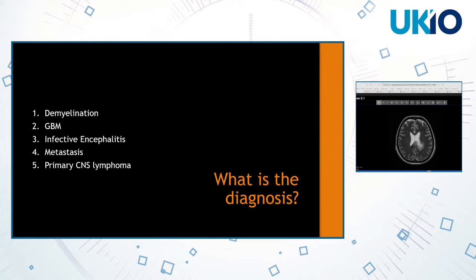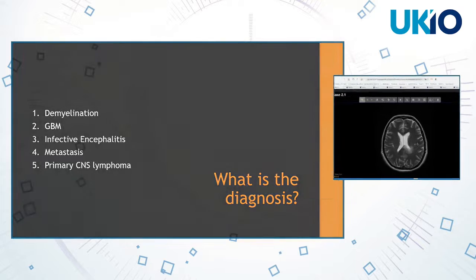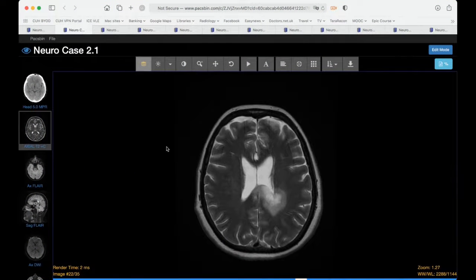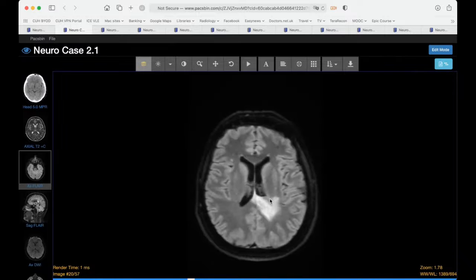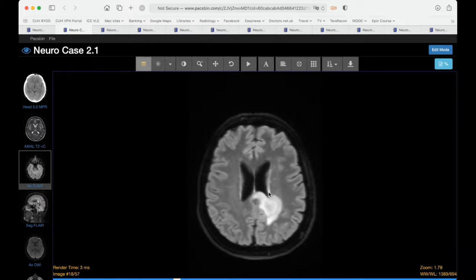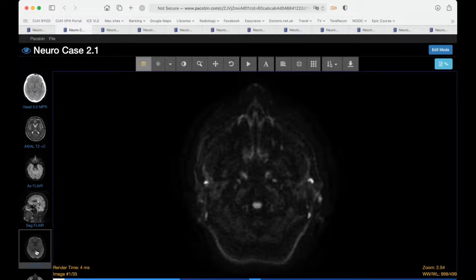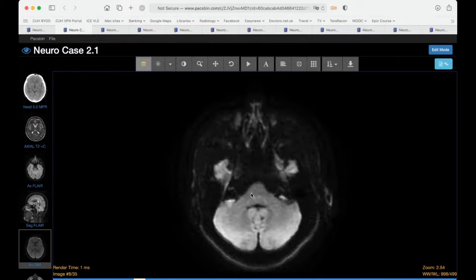Right. Apologies, everyone. I hadn't been sharing my screen myself, but we're looking at this abnormality in the left parietal deep white matter. And on the FLAIR, you can see it very clearly as well. And notice this very subtle hypo-intense line within the lesion. If you head over to the diffusion-weighted imaging,